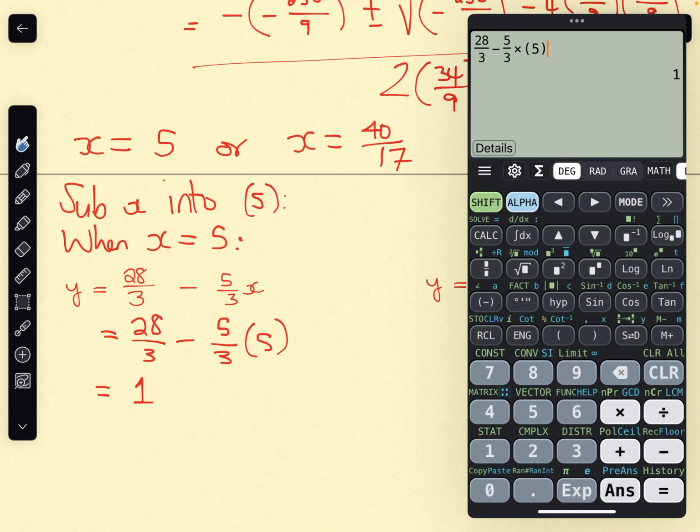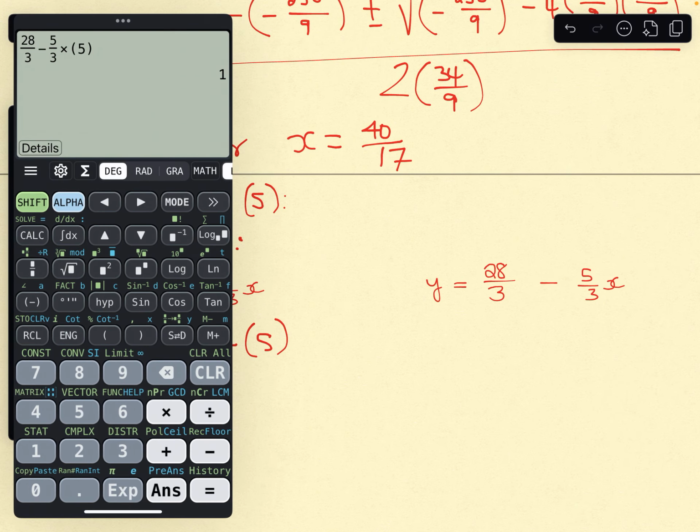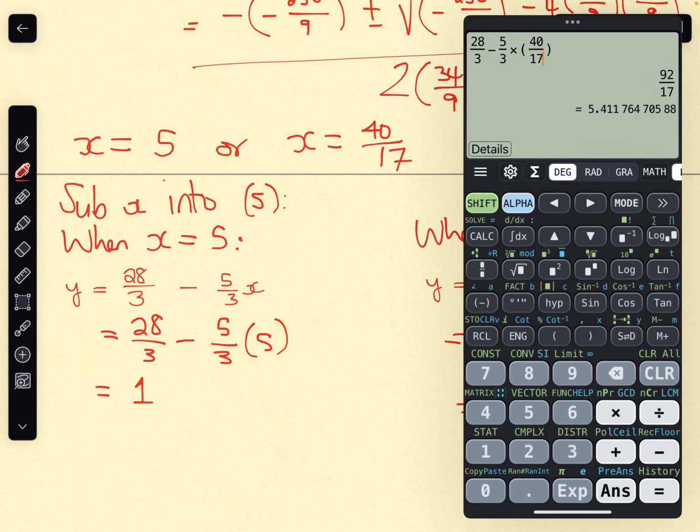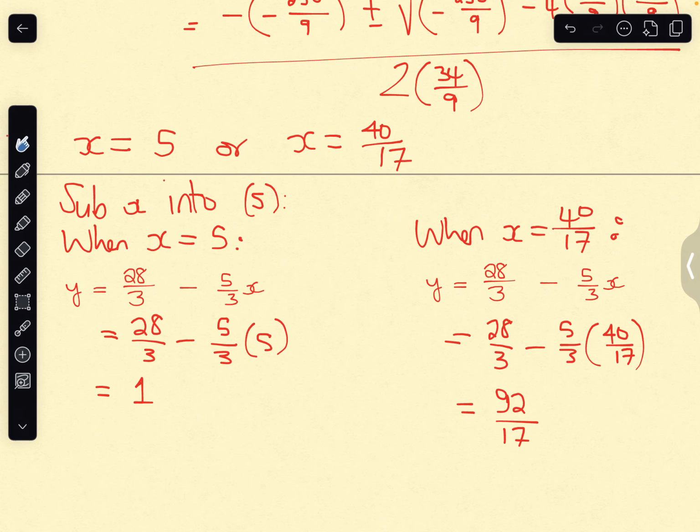And then the other solution, when x is equal to 40 over 17, we have 28 over 3 minus 5 over 3 times 40 over 17. Right, and that is 92 over 17, and our calculator also shows us that this is roughly 5.41. Right, so what this is telling us is that